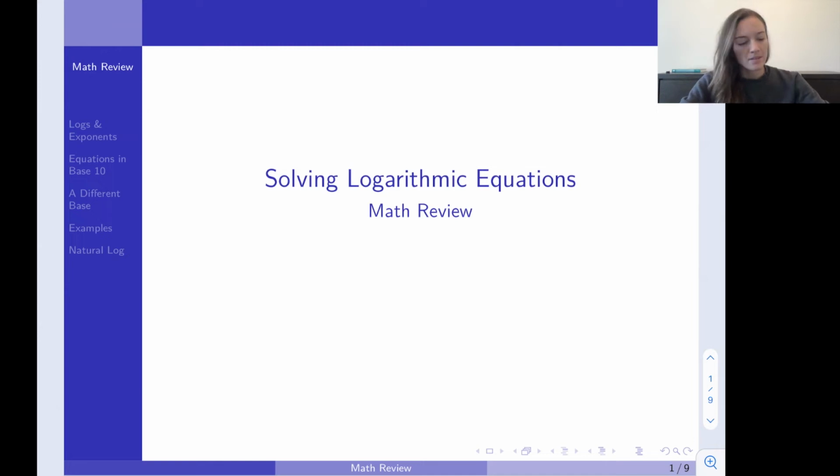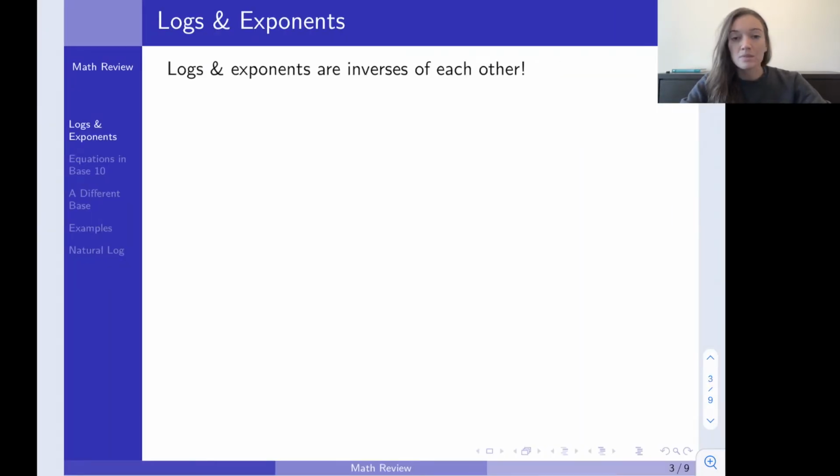All right, so today we're going to finish our review of logs and exponents. We're just going to be going over solving basic logarithmic equations. So we'll remember from our previous videos that logs and exponents are inverses of each other. So we saw that if we have e to the x and we take the natural log, we'll get back